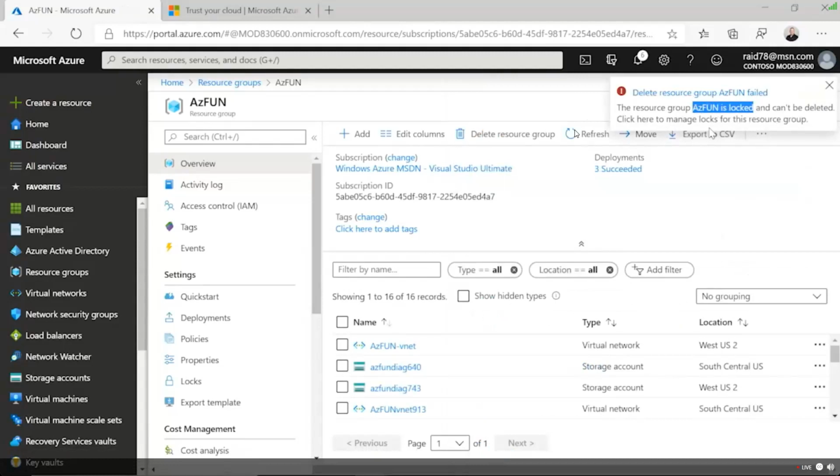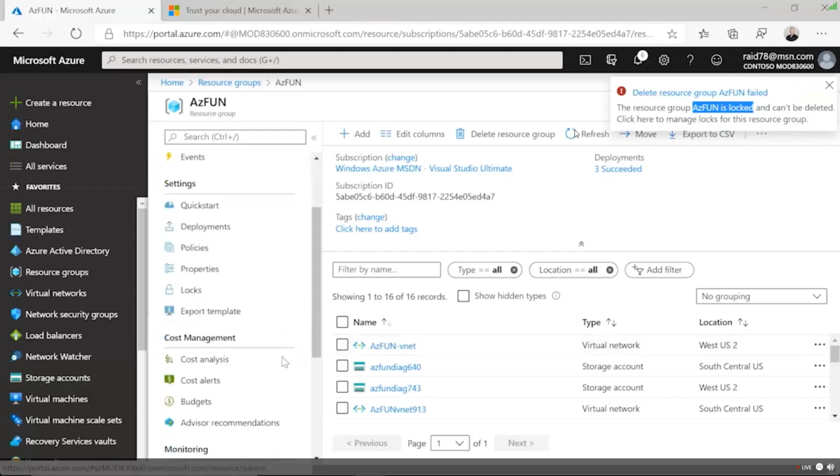Now, does this mean I can't delete this resource group? No, it simply means I can't delete this resource group while the lock is in place. As the owner of that resource or the global administrator, I can remove the lock and then I can reach in and delete the group. But you have to remove the lock first. It's something you have to explicitly add and something you have to explicitly remove inside the environments.